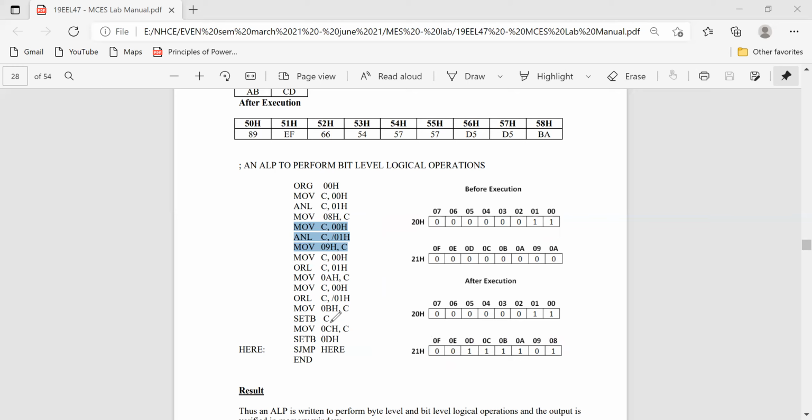We are setting some carry and placing the result in one of the locations. And directly we are accessing one of the locations and setting it. Directly we are pinpointing one location, that is 0DH. I want to set that particular location. I'm just making it 1 by using the instruction set bit B.